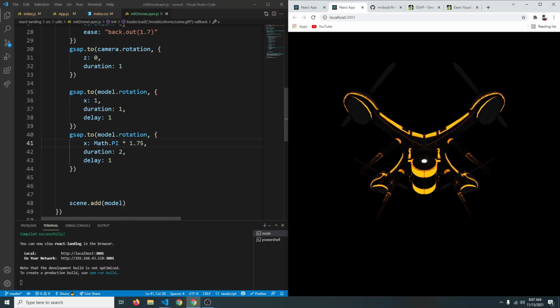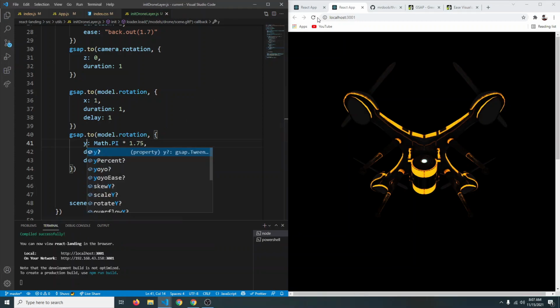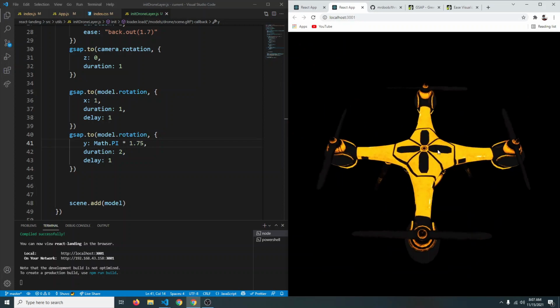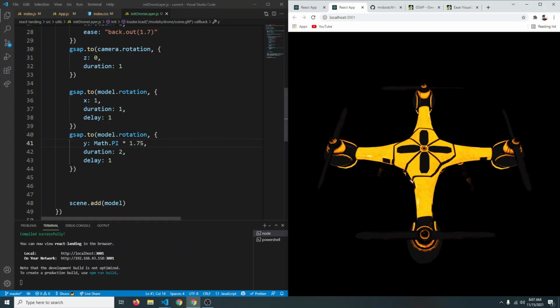Okay, this should be rotation.y, sorry, rotation.y. Save it, refresh. So now this is how it looks. So we also want it to scale down, so we are again going to say gsap.to. This time we are going to say model.scale,